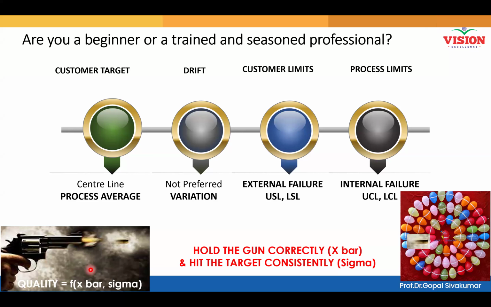Customer provided target. Very good. And sigma, when it comes to sigma, the variation should be minimal or you want more variation? Minimal. Variation should be minimal. If your sigma value, standard deviations, are very, very low, that confirms you have a greater level of control over your process, which is always good, isn't it?